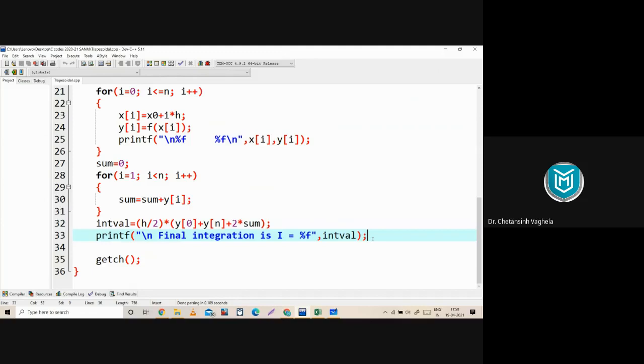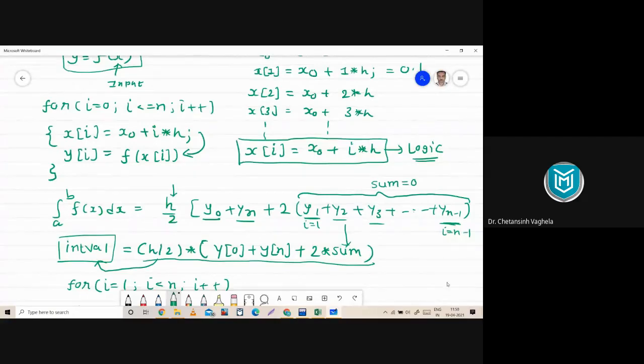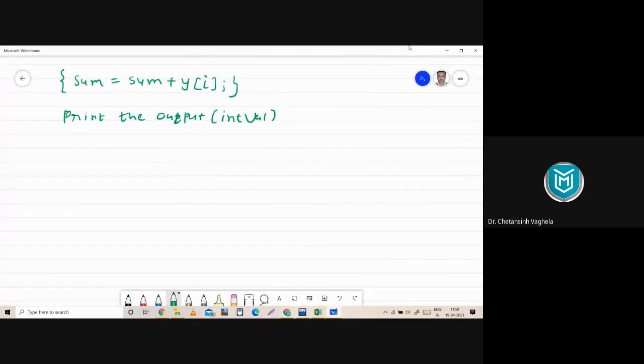Now let's try to validate this code and let's see whether the output is correct or not. But before we run this program, first we should know what is the actual answer. Because if we run the program, we'll get the output. But how can we know that the output is correct? So before that, we need to know the actual value of the integration so that we can compare it with the output. So which integration are we using here in this program? Here we are using the integration 0 to 1, 1 upon 1 plus x dx. So first let's try to integrate this so that we can know the actual value, so that we can compare that actual value with our answer.